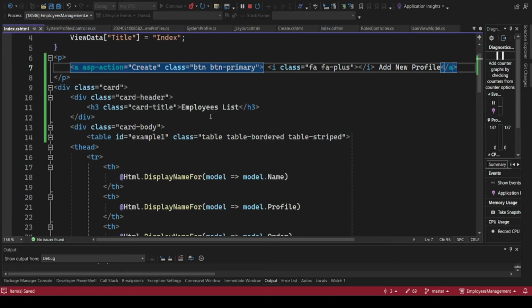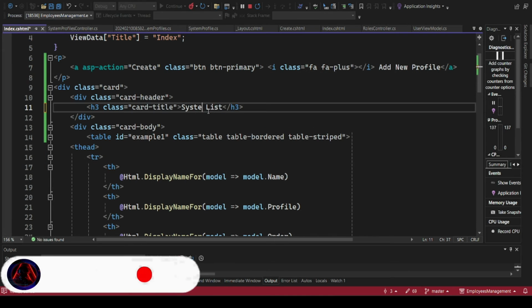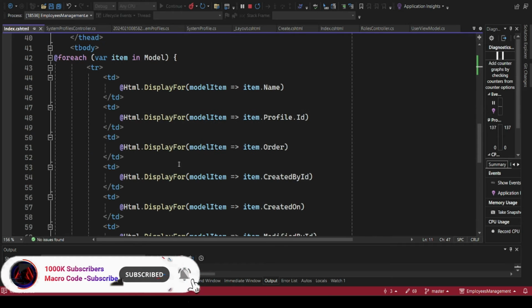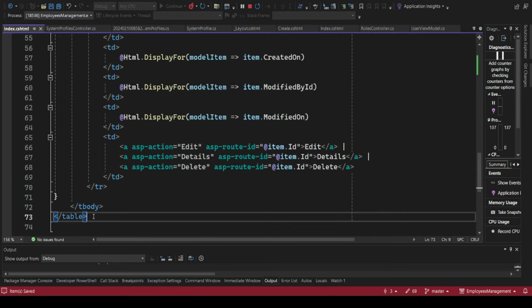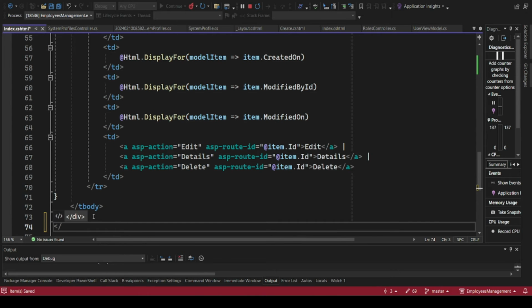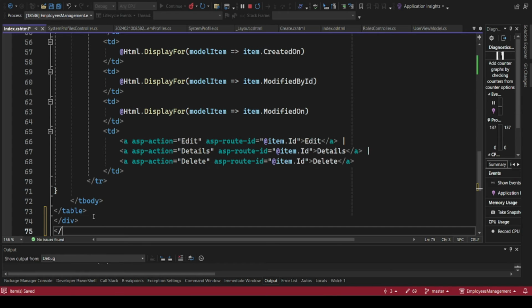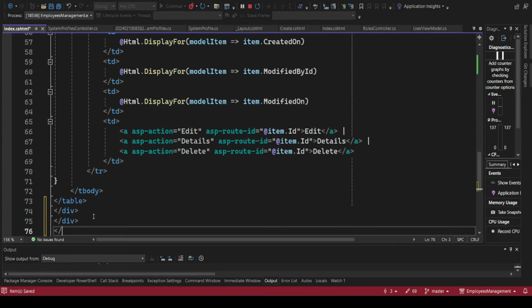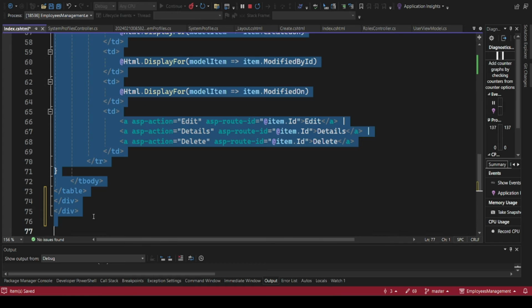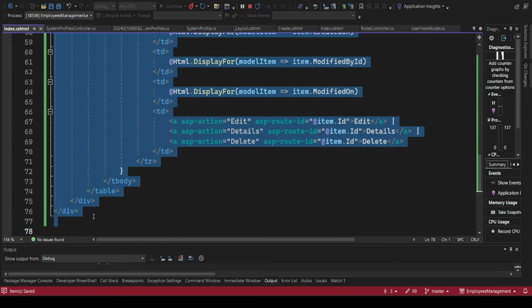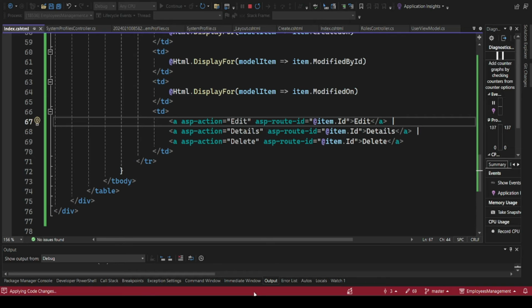Then after that, we'll say this is a system profile list. Then I'm going to close here. So I'll close div. What other thing are we closing? Div. Do we have another one? No. So if I just do that, Control-realign our code, and I can update the changes,